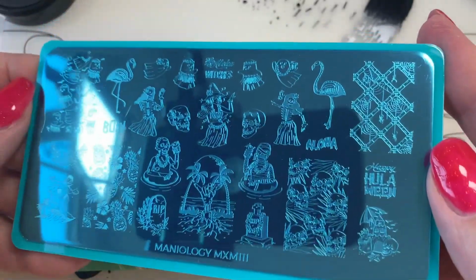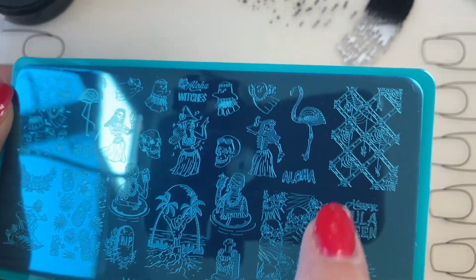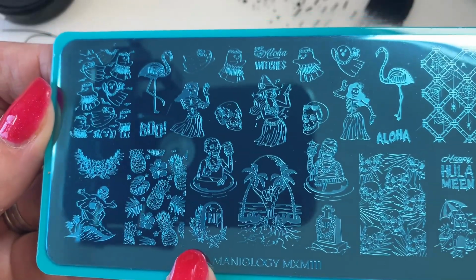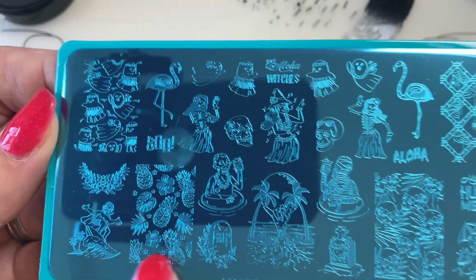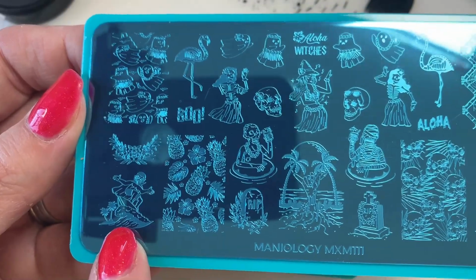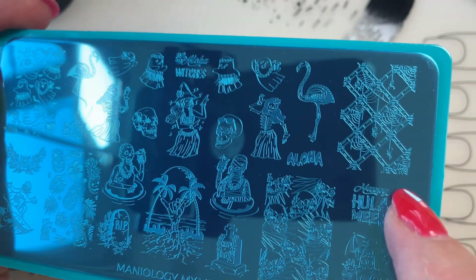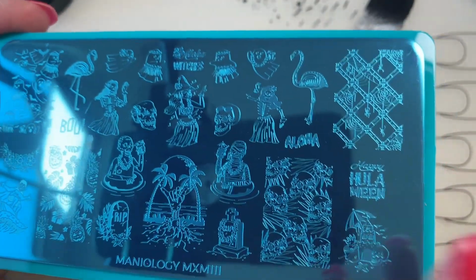Halloween stuff. Okay, so we've got some, it's a mummy in a pool. Okay, a flamingo that's a skeleton. Aloha witches, that's hilarious. Headstones. Pumpkin jack-o'-lantern luau glasses, you know, like tiki glasses. Then we've got the, is that Dracula on a wave? That's nice. Okay. Again, Hawaiian inspired. Happy Hula Week. Oh, Happy Halloween. That's cool. So a Hawaiian inspired